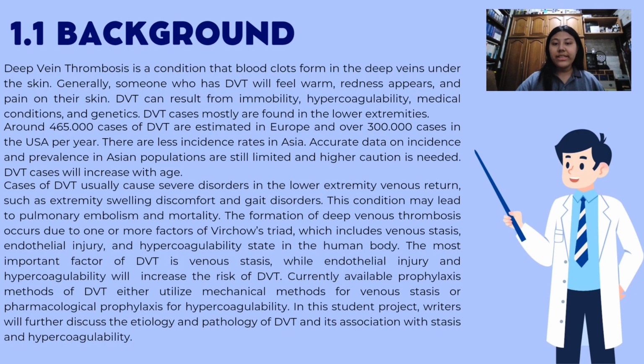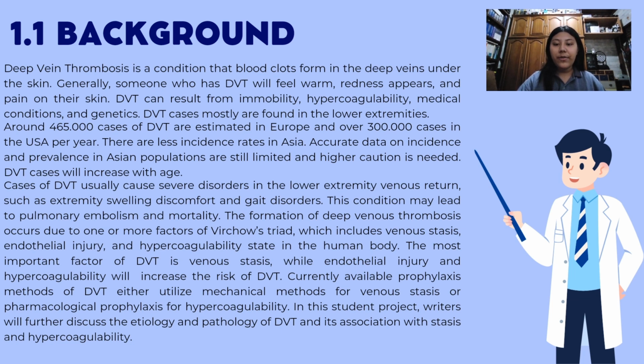DVT, or deep vein thrombosis, is a condition in which blood clots form in the deep veins. It usually occurs in the lower extremities. Around 455,000 cases of DVT are estimated in Europe and over 300,000 cases in the USA per year. In comparison to Europe, there are lower incidence rates in Asia. DVT cases increase with age. Cases of DVT usually cause severe disorders in the lower extremity venous return, and it may lead to pulmonary embolism